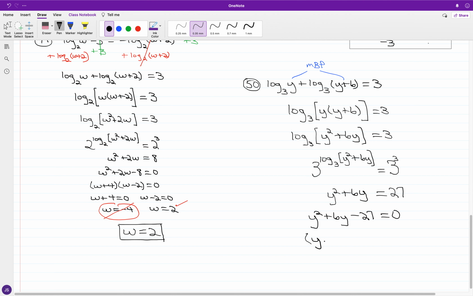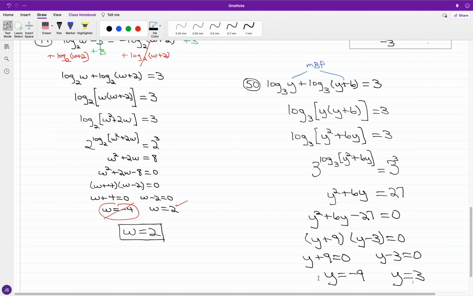So looking at factoring, we have the quantity of y plus 9 times that of y minus 3 is equal to 0. And we have y plus 9 is equal to 0, so we're going to have that y is equal to negative 9. And for y minus 3 is equal to 0, now we have an apparent solution with y is equal to 3. And just checking what we have here, we have y at negative 9, and the restrictions are